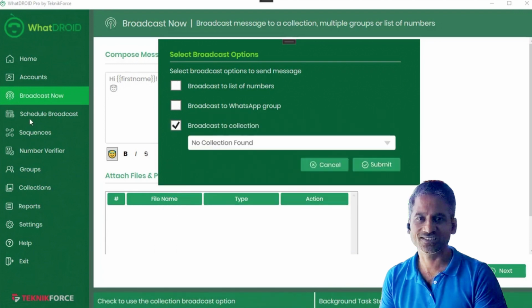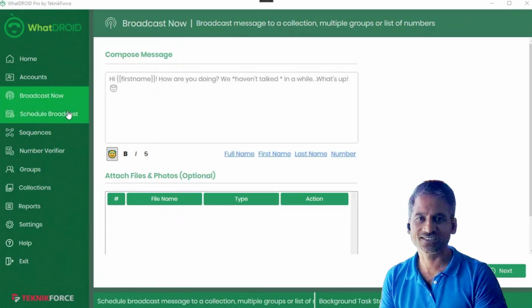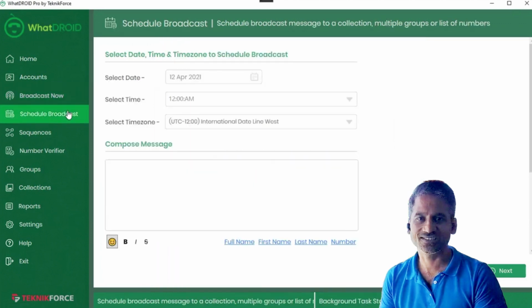Then if you've got any collections in the collection section, that is a group of numbers that is private only to you. You can message only that collection also. Right now we don't have any collections. So I'm just going to message this group, click on submit, and the message will be sent. That's it. You can also schedule a broadcast to go out at a certain point of time using the schedule